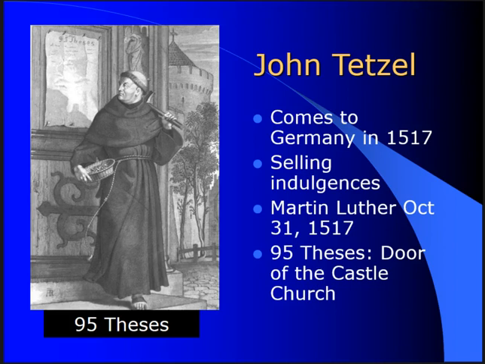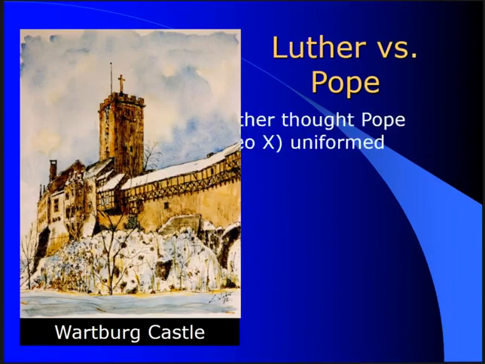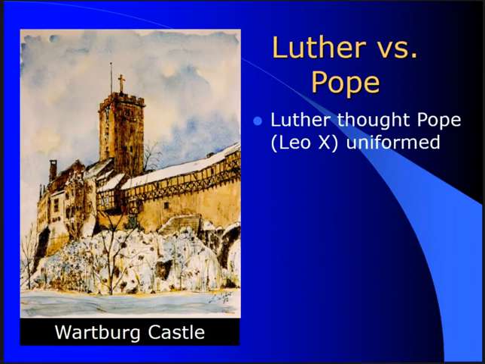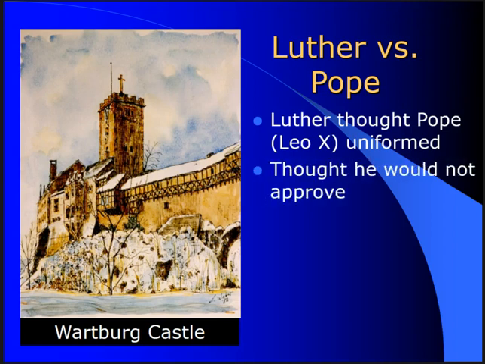Martin Luther would have been burned at the stake like John Huss, but he had the protection of Frederick the Wise of Saxony. So Luther thought that perhaps all that needed to happen was for information to be made known. Well, what he found out was the Pope didn't like it at all. In fact, the Pope was in on this guy, Johann Tetzel, selling the indulgences. Johann Tetzel was